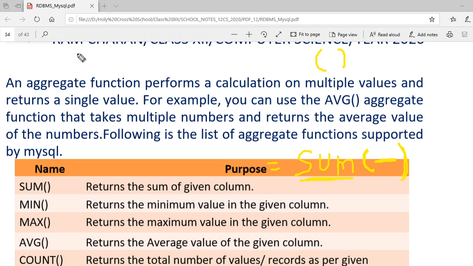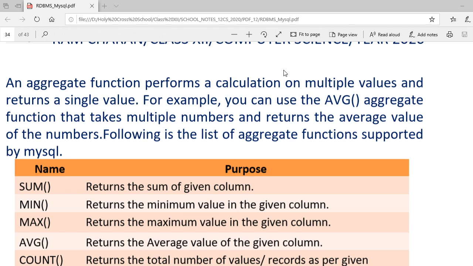Suppose I am making here x equal to sum, then in the bracket I am writing 2 and 3. So it will take arguments from me as 2 and 3 as input, and it is going to add them. So 5 will go to x. This is sum. Okay, so in MySQL also we have functions, and those functions can very easily pass arguments or parameters. Parameter just came in my mouth, so parameter is also a name for function input. Function in MySQL will manipulate your data.